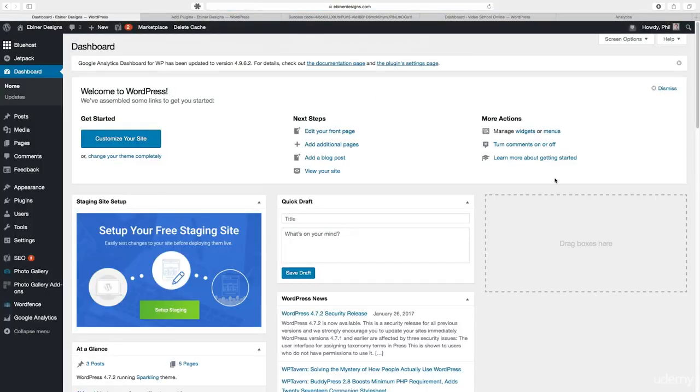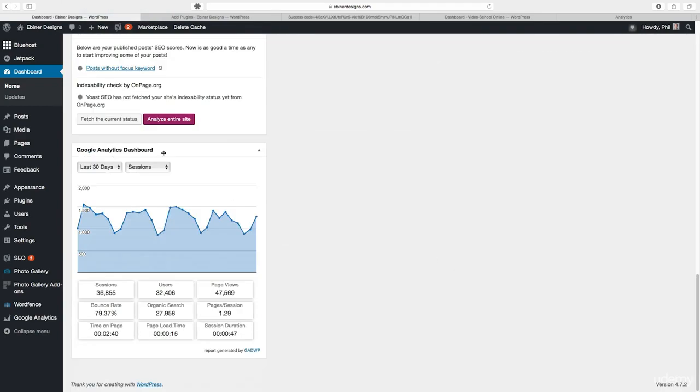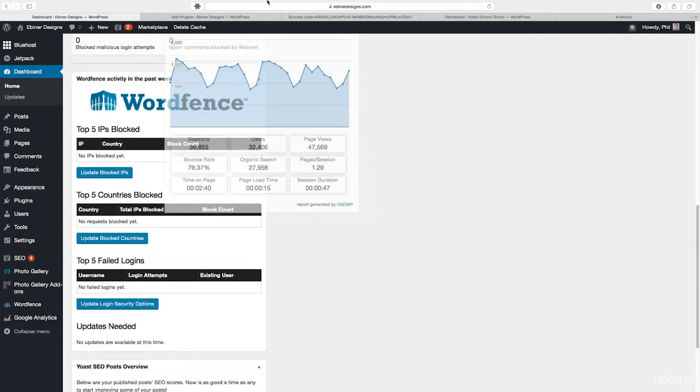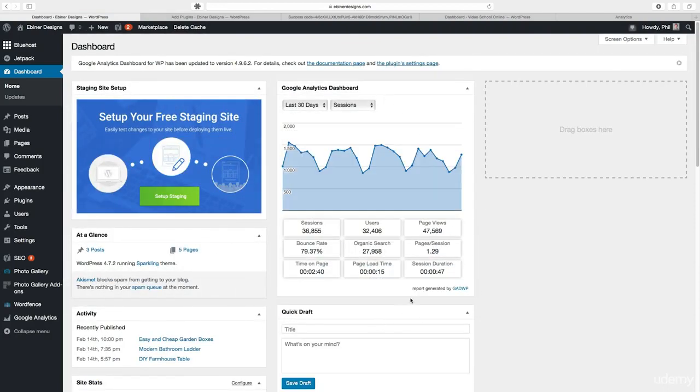Here we're on our dashboard and we haven't really customized the dashboard before, but one thing that I can do is I'm going to get rid of this announcement. When you sign up for WordPress for the first time, you get these next steps and actions kind of announcement. I'm just going to dismiss that. Now we have all of these windows on our home page, and down at the bottom we have this Google Analytics dashboard, which I can click and drag and move up to the top, into the left or right column, really wherever you want it. And now this will show the analytics for your website in the past 30 days,